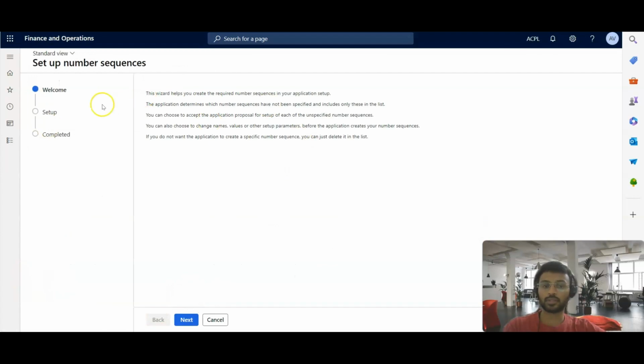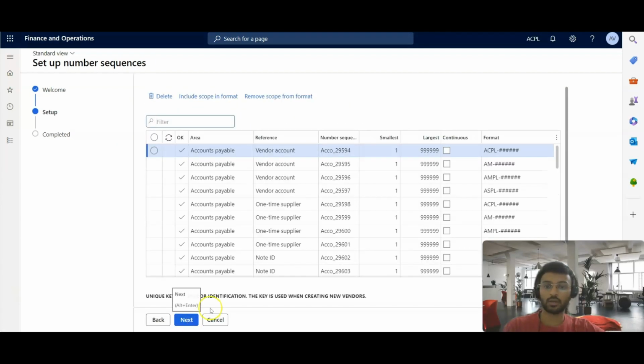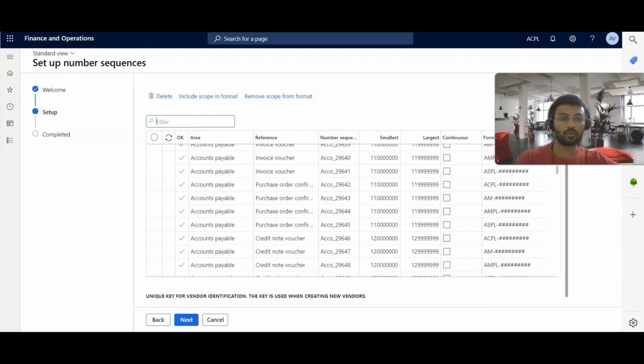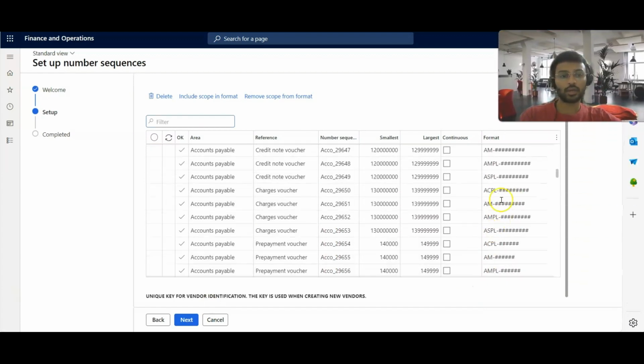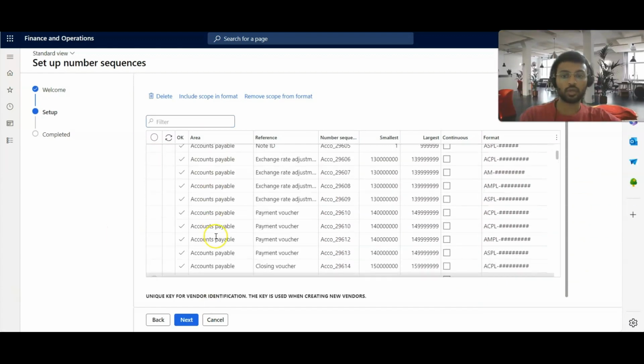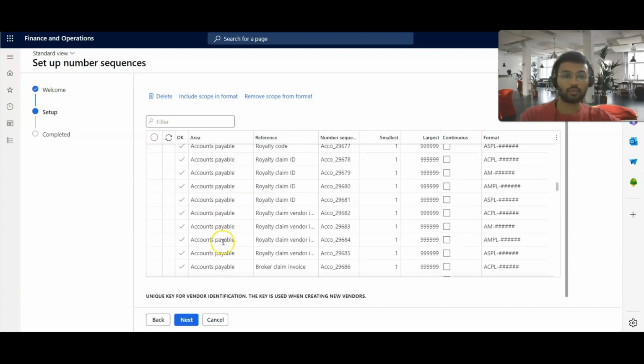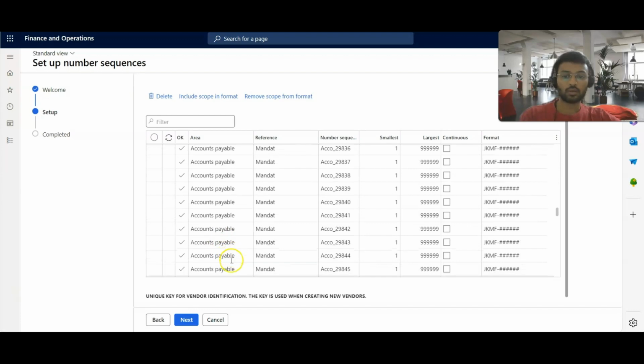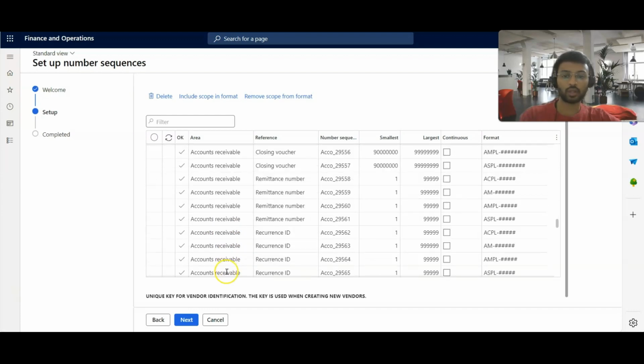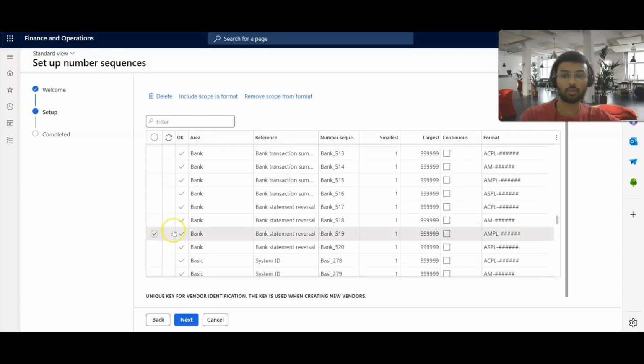So this is the number sequence wizard. You can see it over here. After that I need to click on the Next button. This is the automatic number sequence which is generated and set for each area. So this is an area, this is accounts payable. Then we have the next module. So we have all modules and all the setup here. This is the accounts receivable module, bank module. So for each